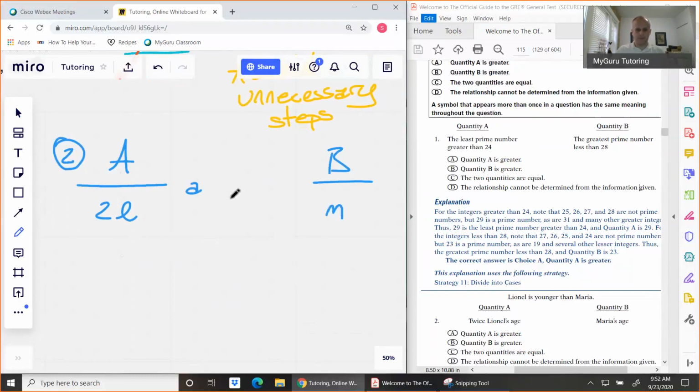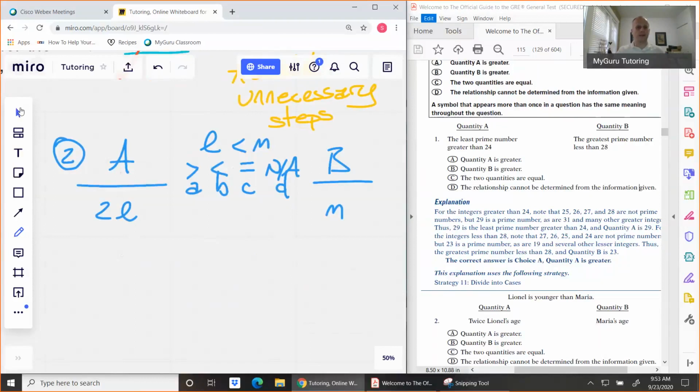So we've got A, B, C, D here in the middle. And again, we can use those reminder markings if we like. And now we do have a situation where we're told that L is less than M, because Lionel is younger than Maria according to the problem now. So now we've got a situation where,